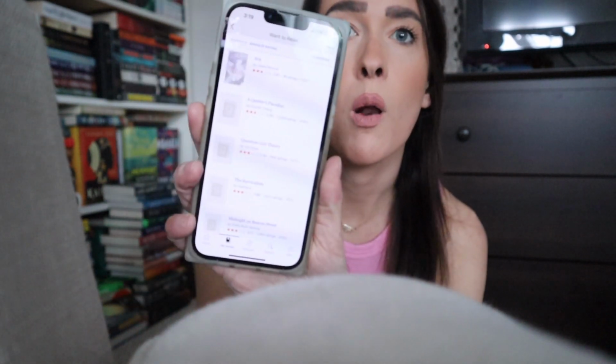I am freaking nervous for this. Like, lowest rated on Goodreads makes me... I wonder if I can even do this from my phone though. Ooh, yes I can. Okay. Drum roll, please. Okay, so there's a couple for lowest rated. They're not that